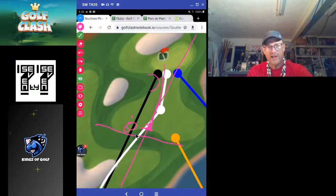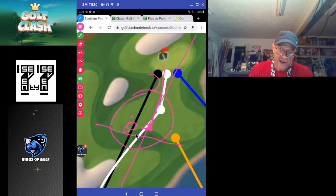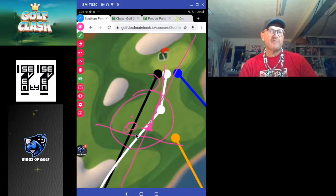So you've got a couple different ways you can play it, and really which club you're going to bring down here and how you're going to attack the green, to me, depends on how far you can hit the drive. So if you're only hitting around the 400 yard range, you're going to need to bring a big dog. And probably the best way to come at it with a big dog is to do the rough bump. But if you can hit it into the 425 or farther,